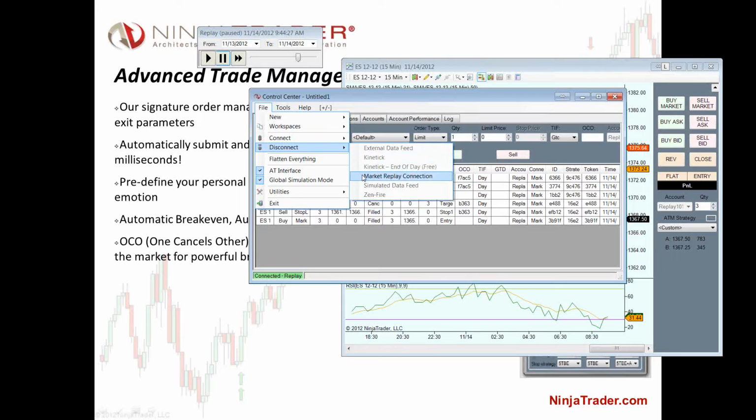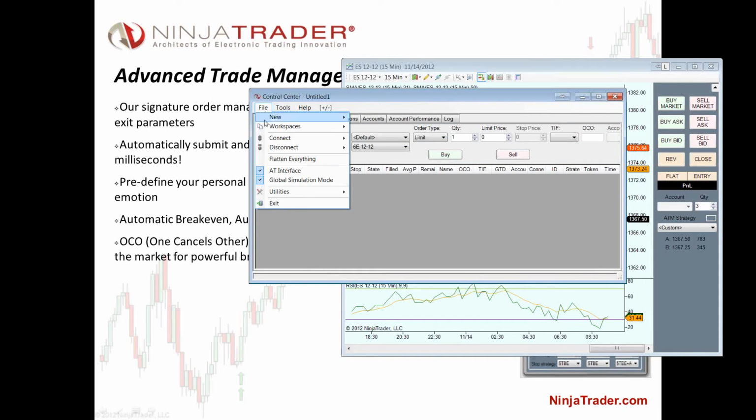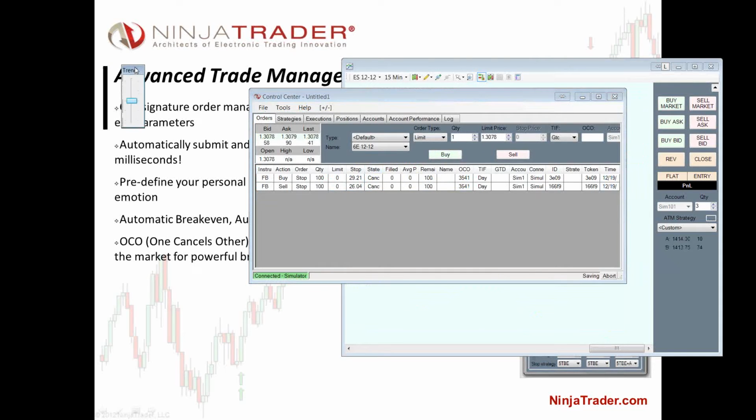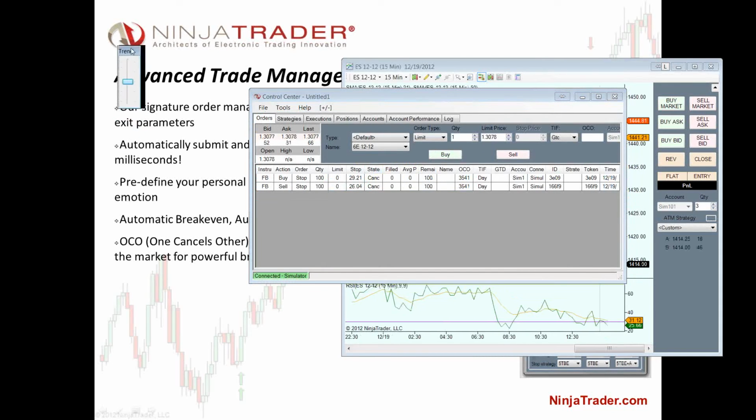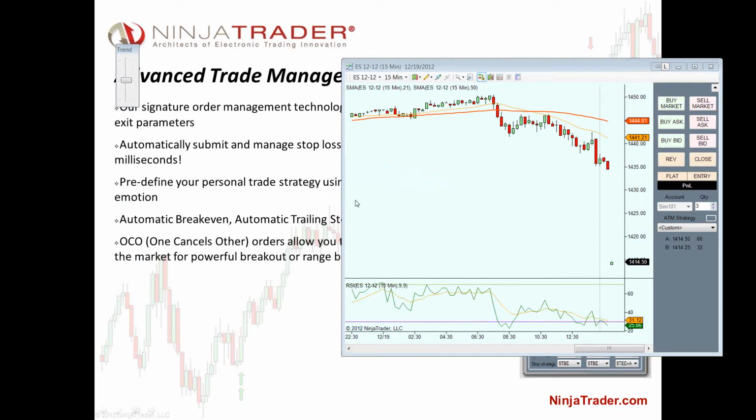So let me go ahead and disconnect from the market replay connection and then connect to the simulated data feed. Now the simulated data feed is going to be a handy tool in testing out how exactly your ATM strategies are going to work out. And don't be alarmed here with the price that we do have on the chart. That's obviously not reflective of the market figures that we are seeing at this time, so that's nothing to be too alarmed about right now. I'll just go ahead and get started with that